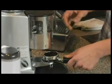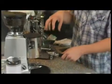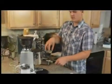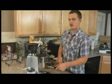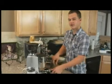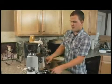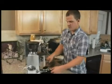By settling the coffee, you're just settling it down into the basket, and you're enabling yourself to fit another gram with every single tap that you do. You can fit another gram of espresso in the basket. Now that it's settled down a little bit, I'm going to dose a little bit more coffee